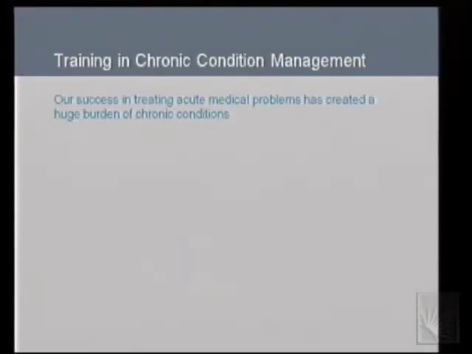This is one of my pet areas. As we started treating acute problems so well, a person keels over outside on the sidewalk, has an acute heart attack, will be whizzed down the street, and he'll survive. Most times people will survive because we're providing such good care for acute problems. They're left with a chronic problem because now they have heart failure or a stroke or something. And that is where we don't do so well, because we never train students to manage that so well.